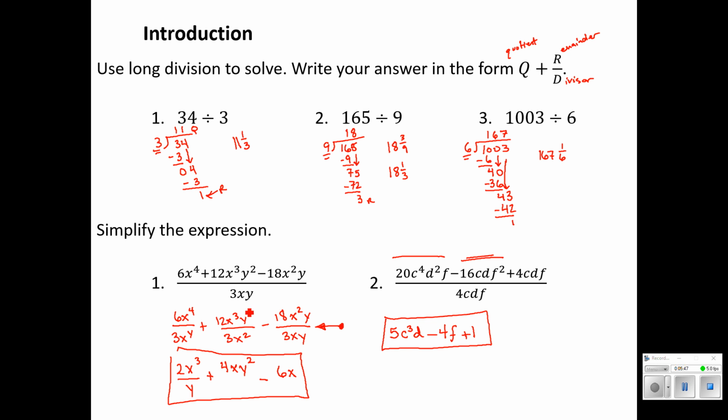So 2 somewhat different concepts, but one deals with simplifying, and hopefully we can recognize when we have this common denominator situation as opposed to when we have long division necessary. And the questions do a pretty nice job of laying that out for you pretty clearly.